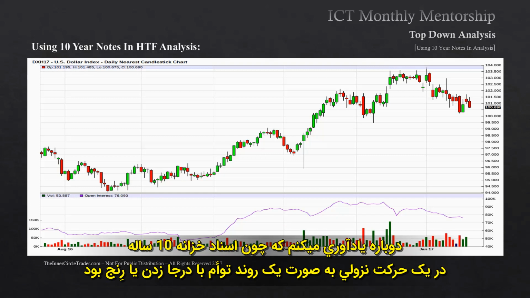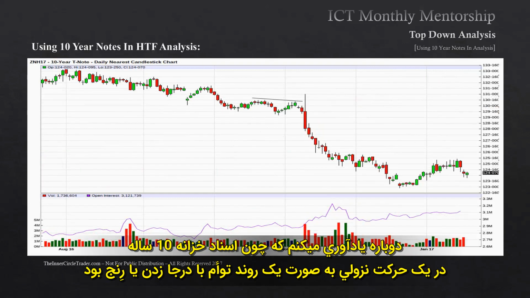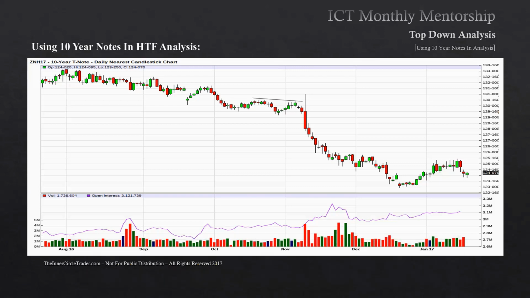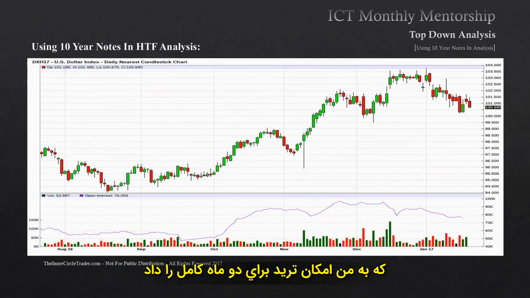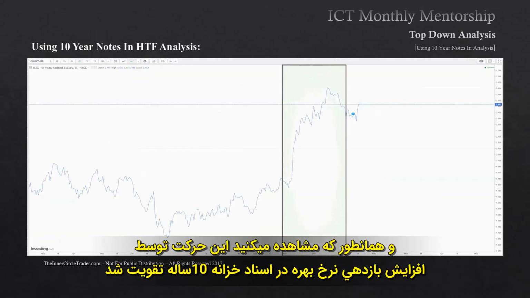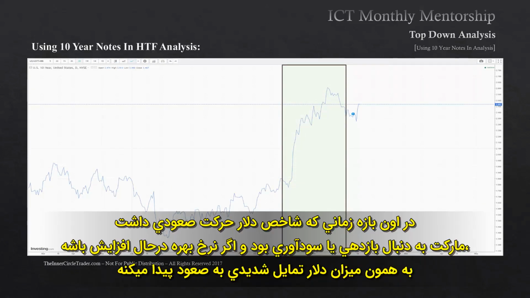Again, because the 10-year note was in a move that was trending and had more range to go lower, that supports the trending move on the dollar index, where I was allowed to trade for 2 complete months. And you can see it's supported with the increase in the interest rate yield on the 10-year note during that time when the dollar rallied. Markets seek yield, and if the interest rate's increasing, therefore the dollar has a strong tendency to want to rally